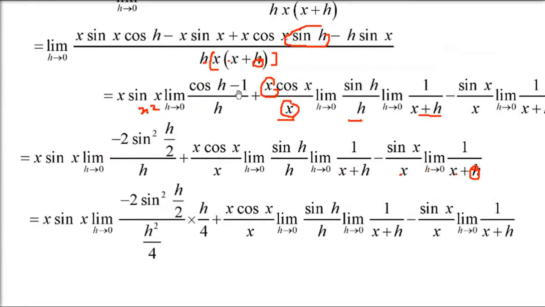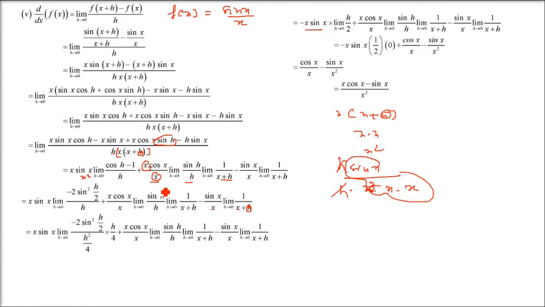Now I'm coming back to this one, (cos h minus 1) by h. You know that this is going to be 0. How? cos h minus 1 is minus 2 sin square h by 2. In the denominator you have h, so you can put it as h by 4 and take one more h, so h square by 4. You have taken h by 4 extra, so you have to multiply it by h by 4. This whole term is going to be 1, we have already seen this. And h is already there, h by 4. Whether it is minus 2 or 4 doesn't matter, because h is already there. So when we apply the limit, this h will make the first term 0.